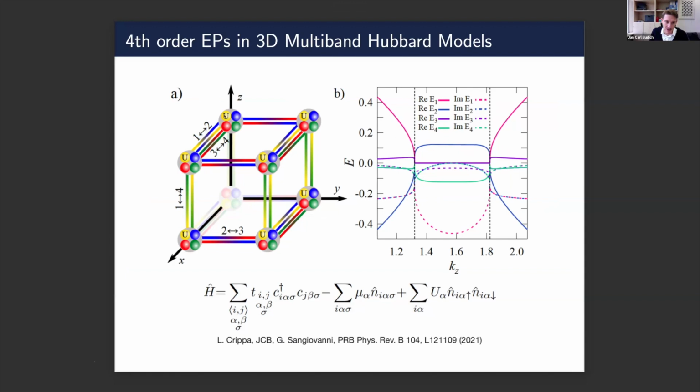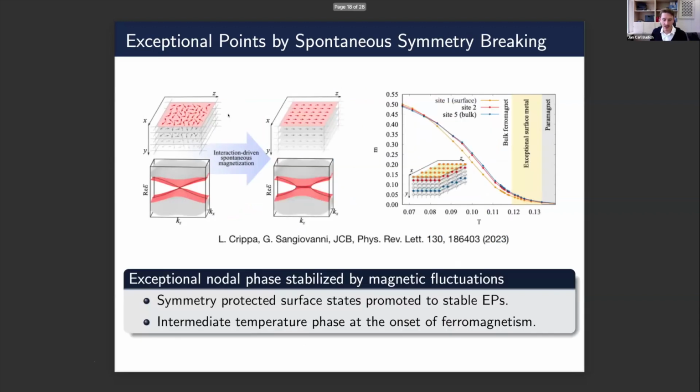Now we can push this one level further, because in the two preceding examples, I've always explicitly planted the matrix structure in the self-energy by saying scattering rates are bigger on the yellow orbital, or in the other case, on the A sublattice. So now the question was, can this also spontaneously emerge in a system that doesn't have any preference, where I do not build in some matrix structure into the self-energy? And here the answer is yes. So a spontaneous symmetry breaking can in principle also do the job.